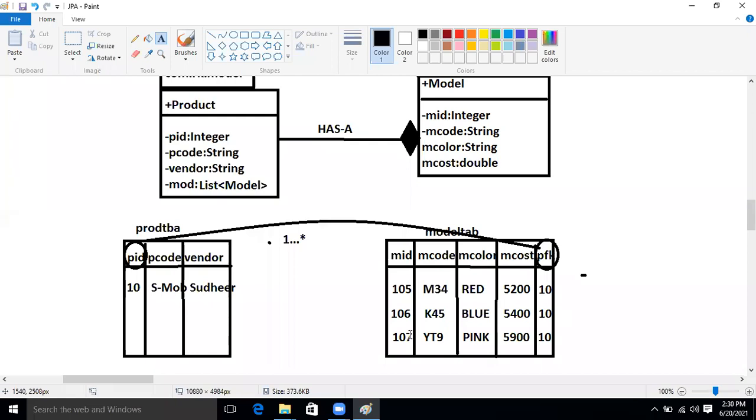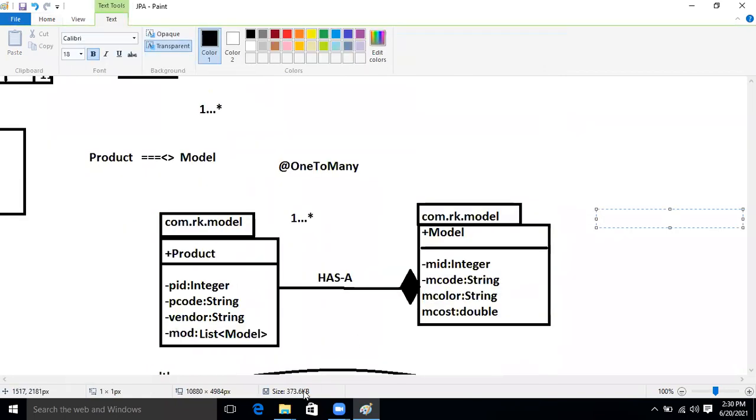Are you people getting the things or not, guys? Yes, sir, clear. So let's implement these things programmatically.